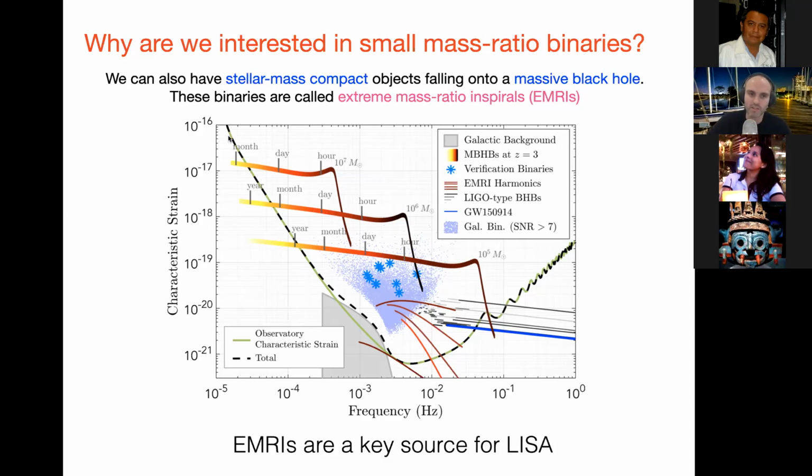Here I'm just showing the strain that you would expect for the LISA detector, along with some of the key sources. We have the massive black holes, which are very loud in the LISA detector. We have some of these stellar origin black holes, the things that go on to merge in the LIGO-Virgo band. And then at the bottom of the bucket, these tracks show the harmonics, in this case, of an extreme mass ratio inspiral.